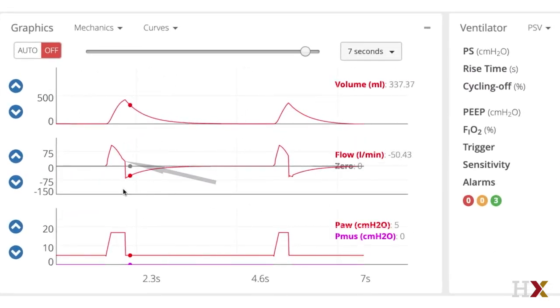Now you can see this breath was still at 25% cycle off of the peak flow, whereas here it's 50% of the peak flow. So halfway between peak and baseline of 0, it cycled off at 50%. So as you can see, although there's no time being set in seconds, we do have the ability to set a timing in pressure support, which is important because it's possible to set a timing that is too short,